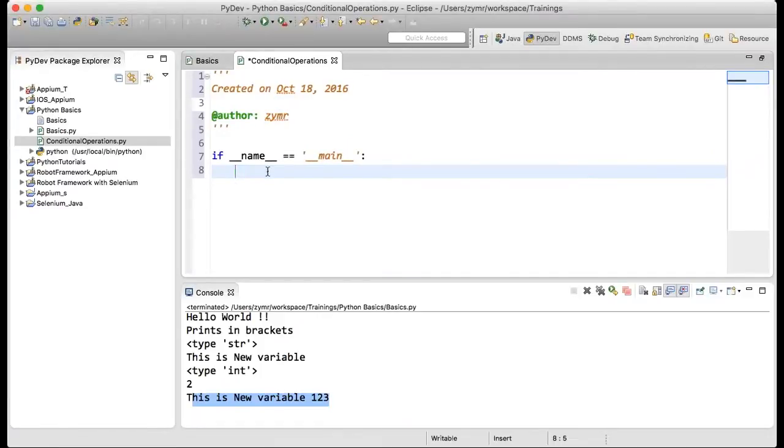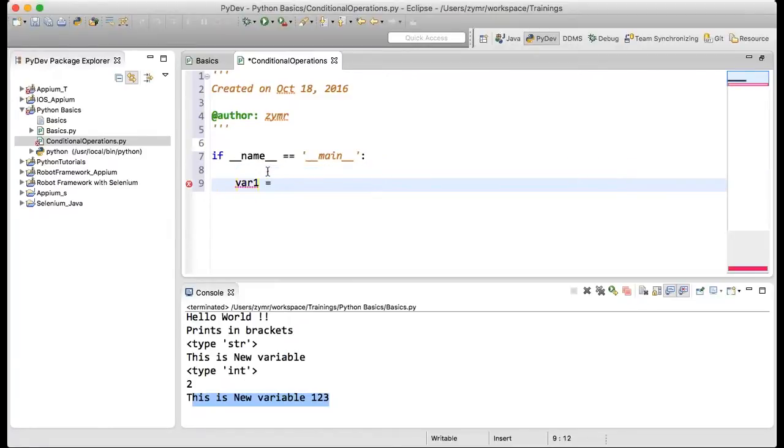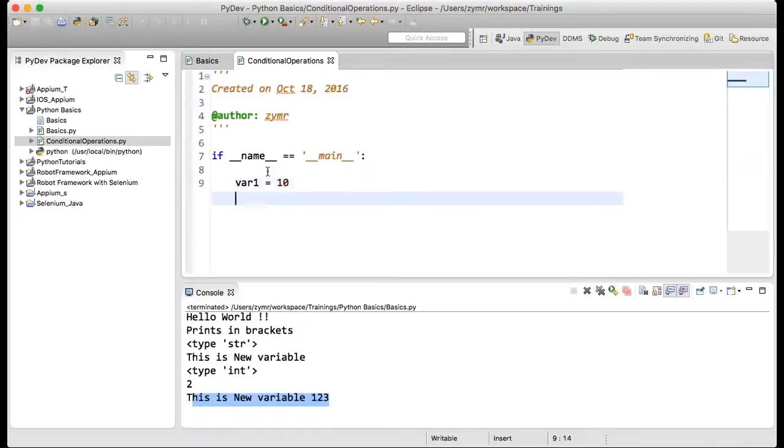Now we saw that we have declared a variable. Suppose I give this value as 10. Now I want to print a statement saying that if the value of var1 is greater than 10 or less than 10, then I want to execute a particular set of code.